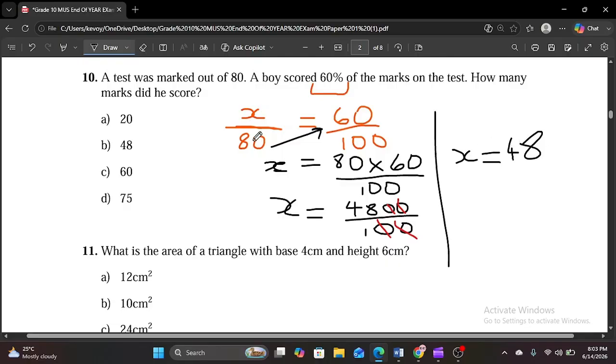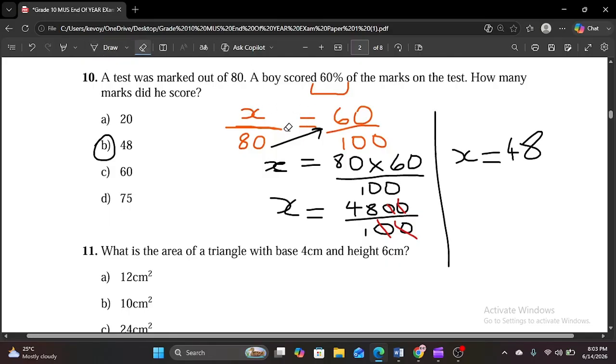All right. So that means if we have 48 over 80, that should be equal to 60%. So x is equal to 48. All right. So remember,